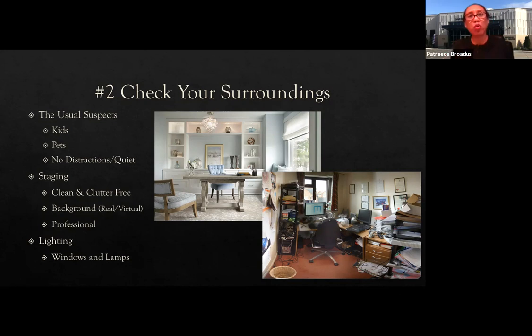If I am a recruiter interviewing you and I see clutter behind you, or maybe something offensive, maybe you don't think it's offensive, but maybe it's an offensive poster or a t-shirt, I don't know. You want to make certain that it's professional, a clean background, clutter free, because these are impressions, and we are talking about professionalism.